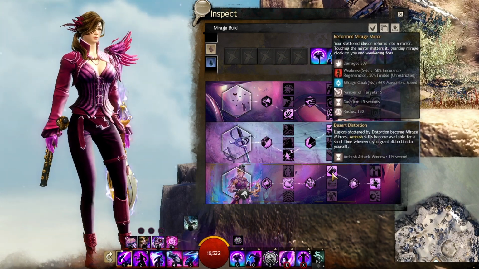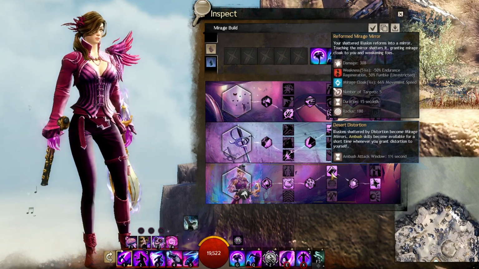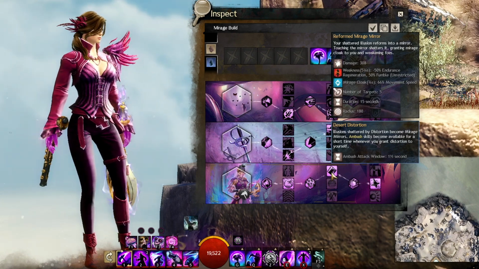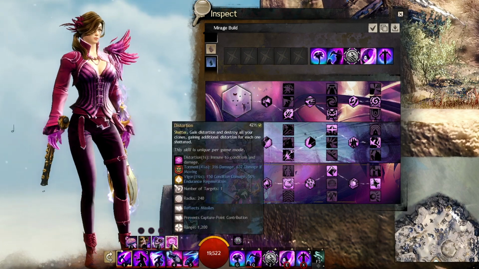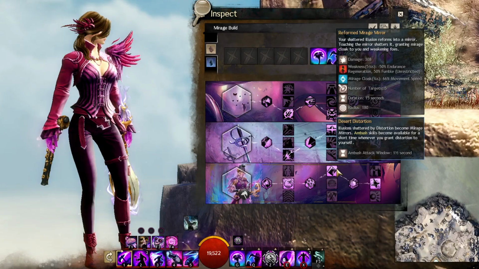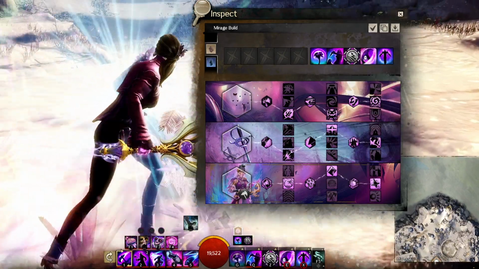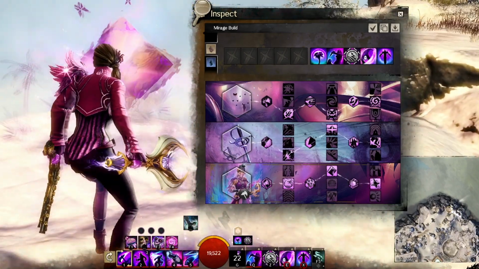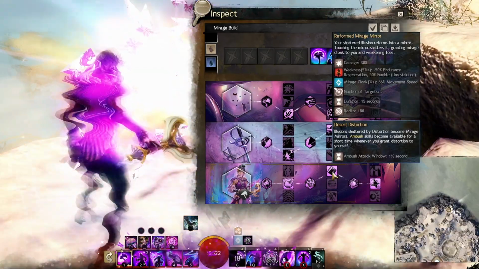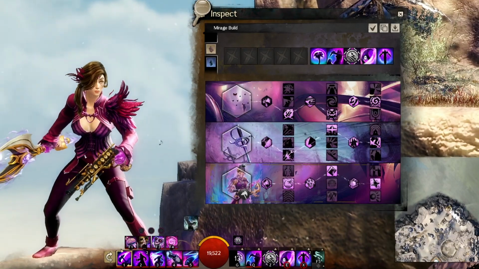Then you have Desert Distortion. Illusions shattered by distortion become Mirage mirrors, and ambush skills become available for a short time whenever you grant distortion to yourself. So you've only got one distortion on this build, but you get Mirage mirrors, which are basically like these little crystals on the floor. They look like this, and whenever you create a Mirage mirror, it will weaken nearby enemies for 5 seconds whenever you pick it up,